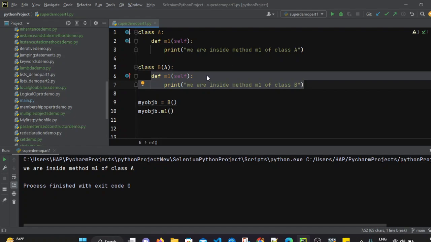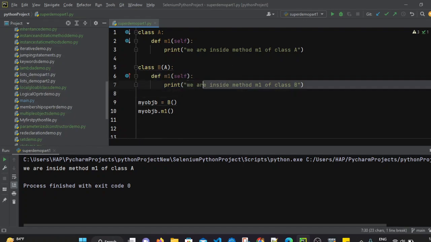It is known as method overriding because in the child class we can change the logic and implementation. We can write different logic here, and whenever we create the object of the child class and invoke the method m1, it will invoke the method present in the child class, right? So this is known as overriding. If there is no method with the same name in the child class, then it will invoke the parent class method.